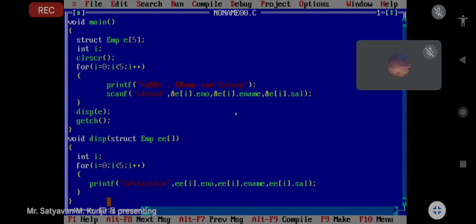That output is not in proper format, so I have to display it in proper format. Use slash n here.